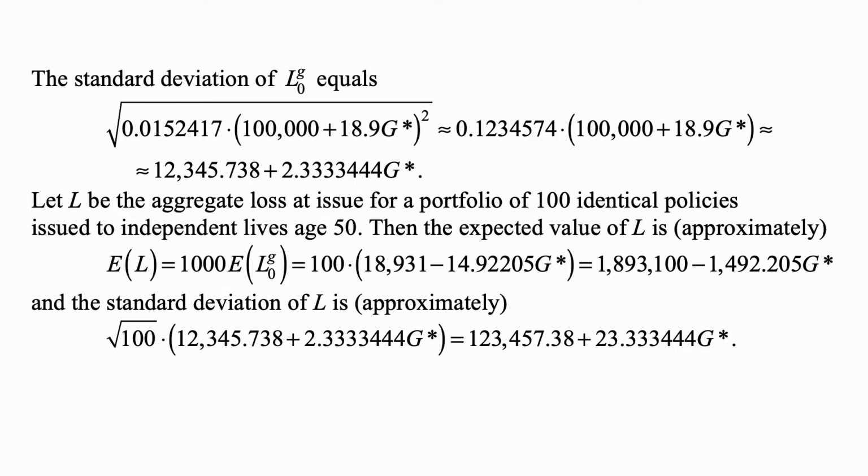And let L be the aggregate loss at issue for a portfolio of 100 identical policies issued to independent lives age 50. Then the expected value of L is, well, approximately, because the previous calculation was approximate,